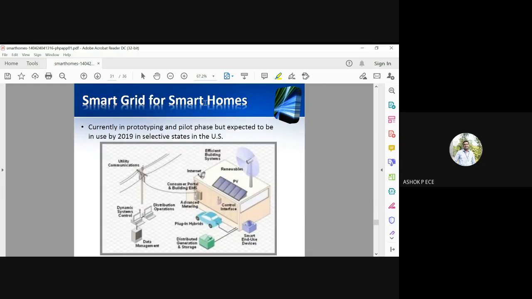The smart grid for smart homes. So see here, from the main power, you take a wire and you give it to the power systems inside your house. From there, you use it for different things: internet, your efficient building system, renewables. You can have a wind turbine, you can have solar energy, you can have an electric car.